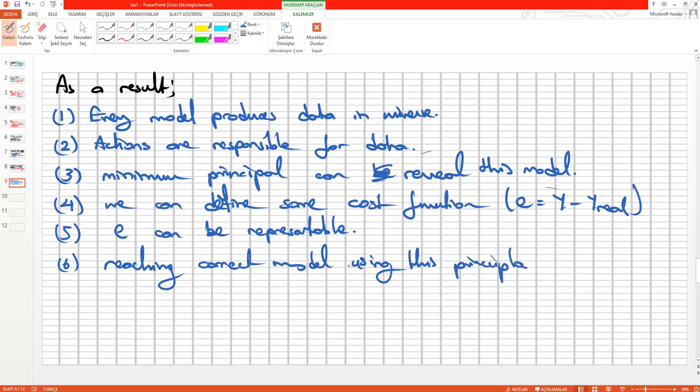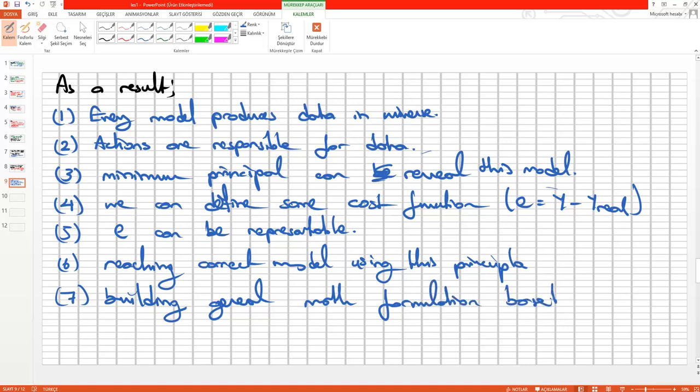And so if the energy form is in the mathematical notation, we can learn from data using the energy function, and so we can build a general math formulation based on data and the minimization rule. This unknown pattern modeled by the mathematical formulation of the energy function is called learning. Here, the learning